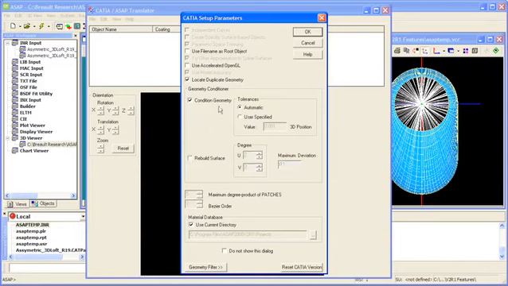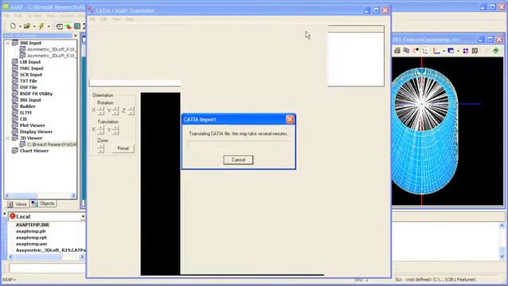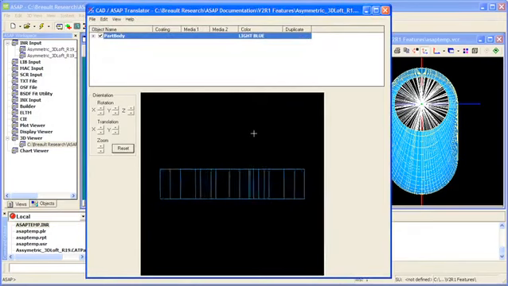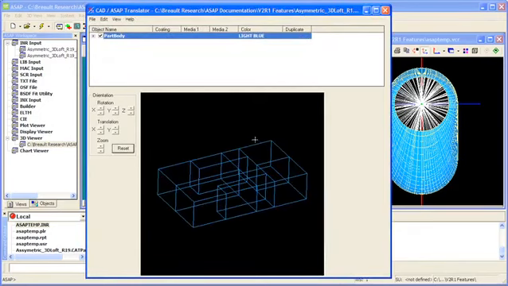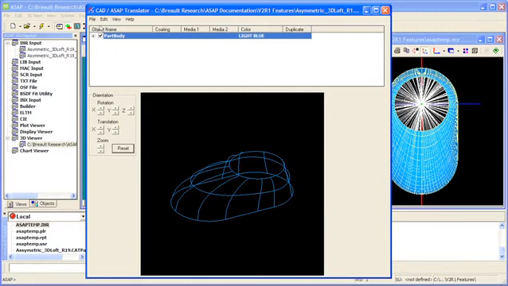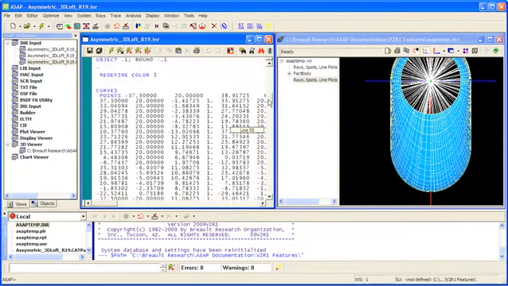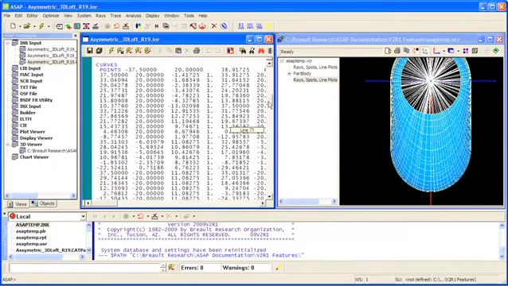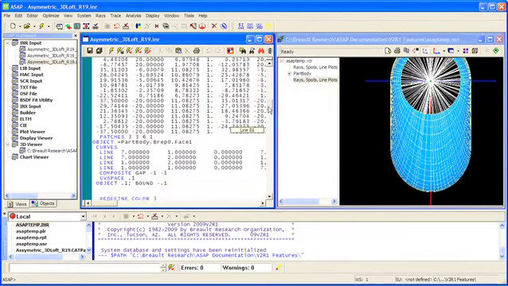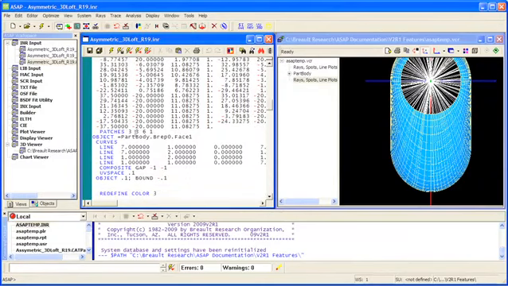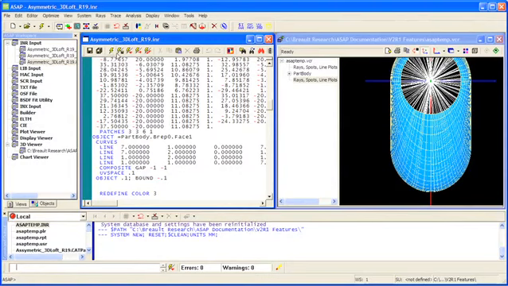We'll choose just the condition geometry option, and we will finish the translation process. And if we look at the resulting INR file, we can see that we have a number of curves that are then constructed into a set of third order Bézier patches. Now we're going to run the file,